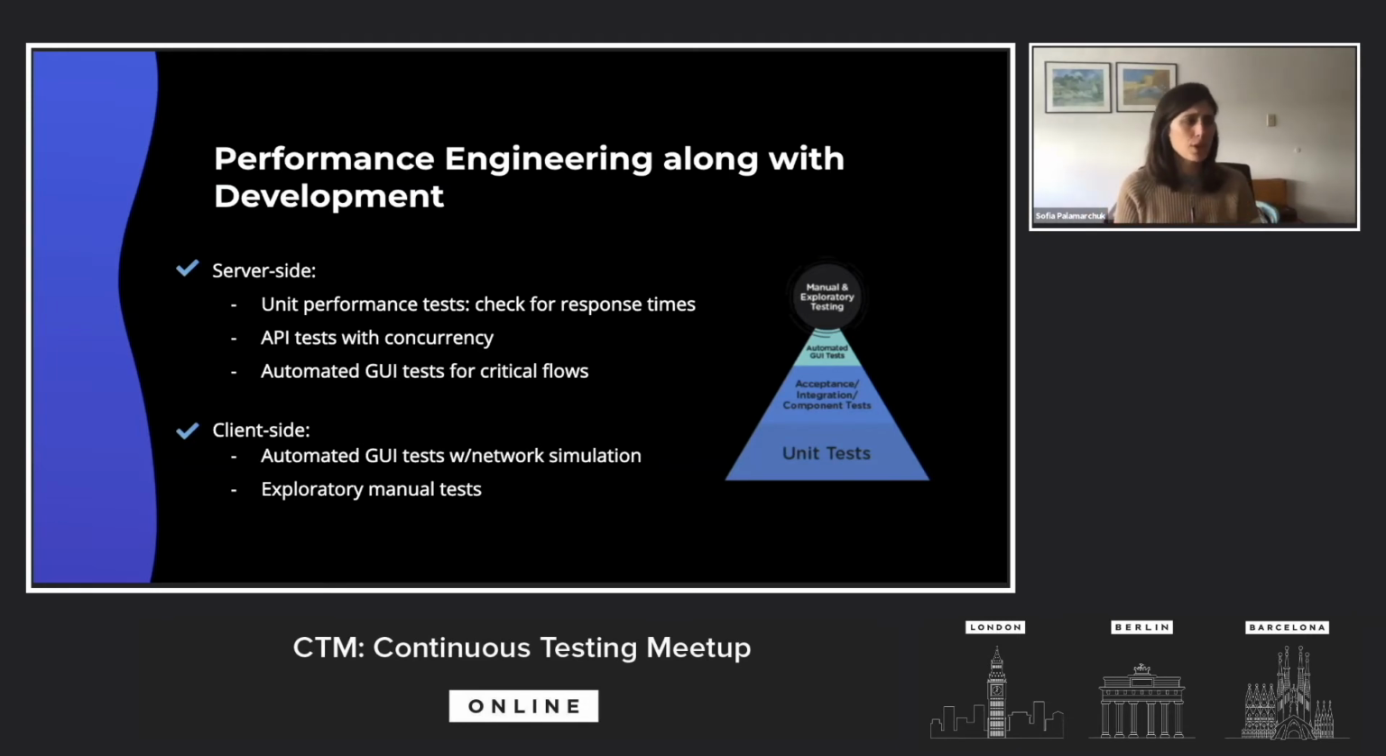I'm pretty sure you're all familiar with the proposal from Mike Cohn, the famous pyramid, which shows how we should invest our time in automation. We can translate this pyramid from functional automation to performance testing. So if we think about how each part of the pyramid translates in terms of what type of performance tests we can run,